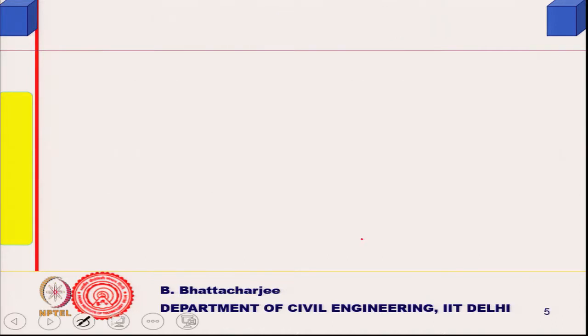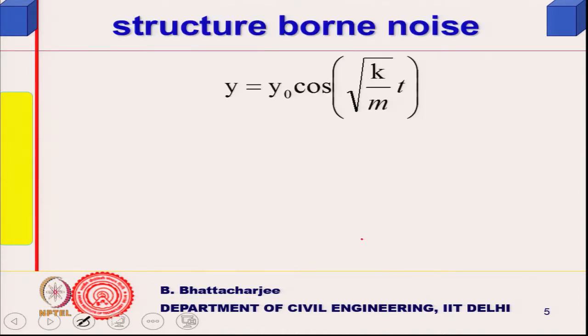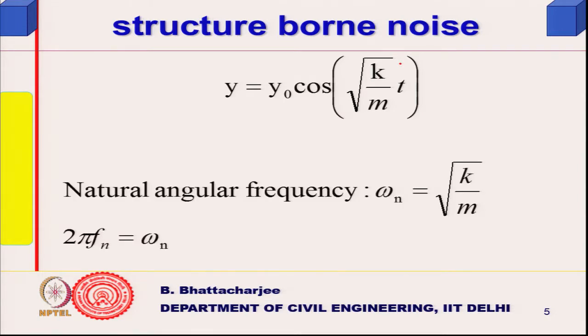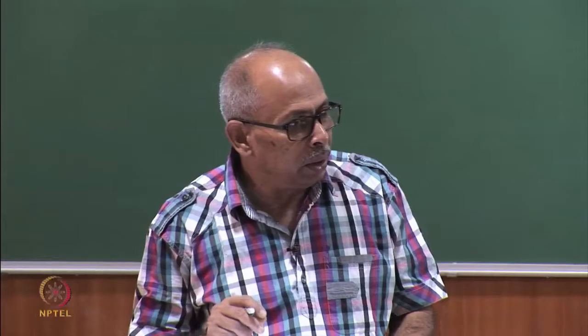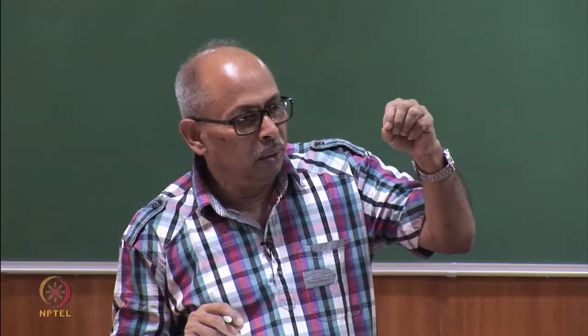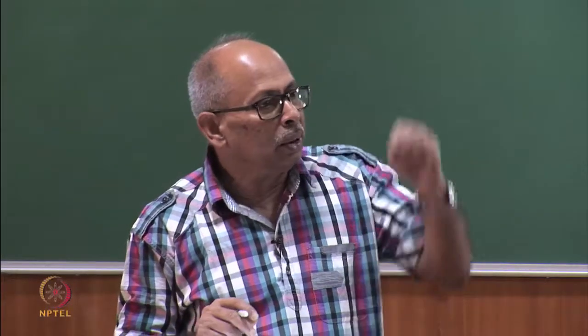So, finally, y is equal to y0 cos under root k by m t, because a is equal to y0. I have not put any load or any force onto this isolation, and this is nothing but omega. So, if I pull this isolation and put it to some value y0, and there is no damping, then it